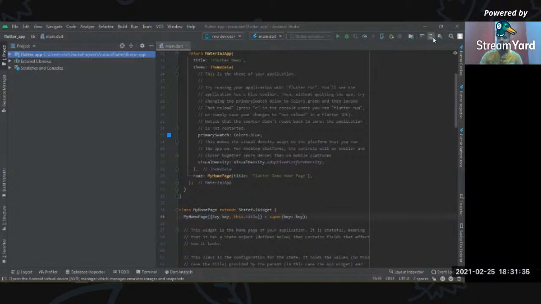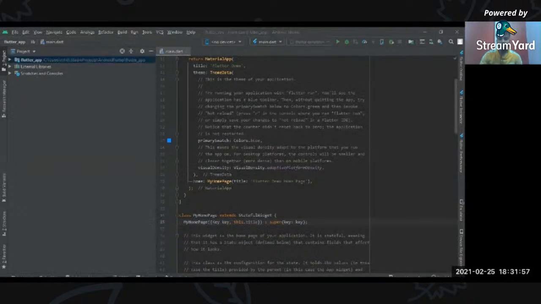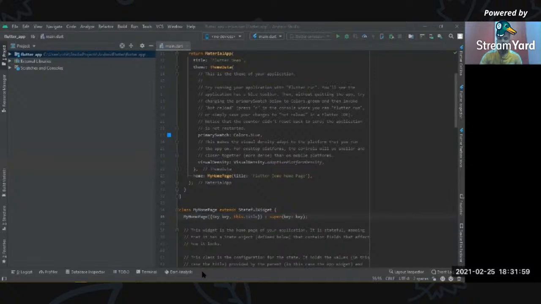For that, you have to click on this Android AVD Manager option here in the top bar on the right. As soon as you click, the AVD Manager window will open. Sorry for that, guys, I just have to check whether my screen is visible to you or not. So yeah, I've already configured it.